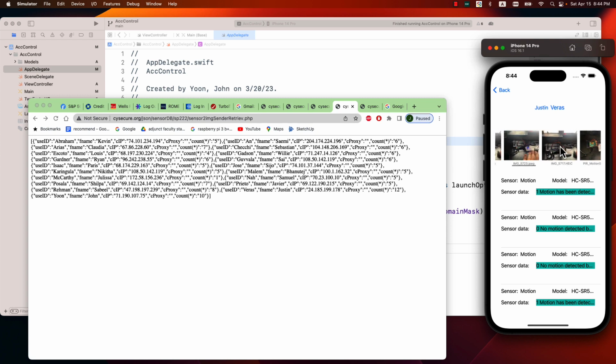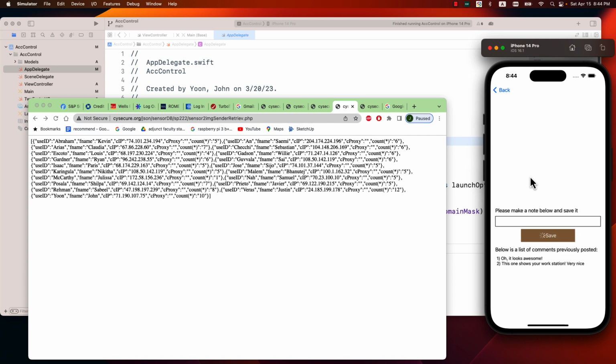All right, picking up another image, maybe this image. Then I can still see the previous comments here, right? Below is a list of the comments previously posted, and then I can put more here. So if you go up to this point, then I'm sure in this case you'll get far above 90